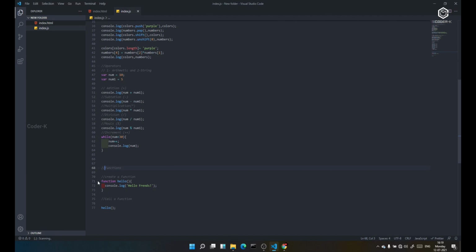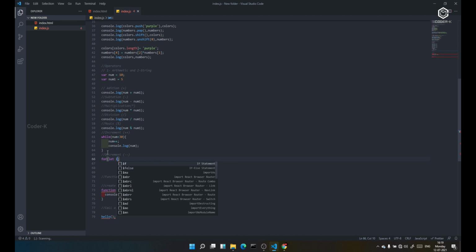Our function, hello friends, has also come up. I will also give the decrement operator. Here in the decrement operations, let me go for a loop.